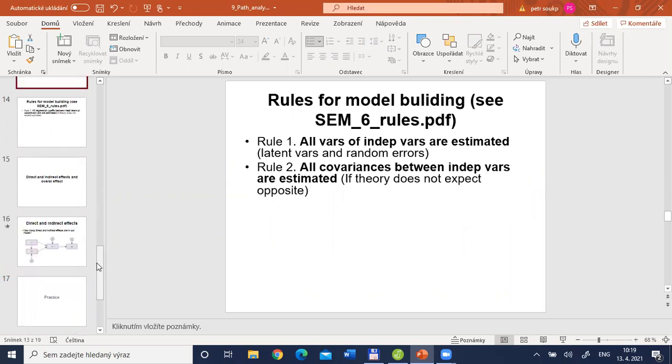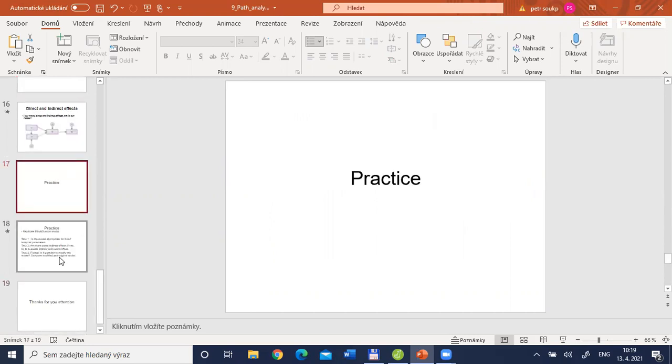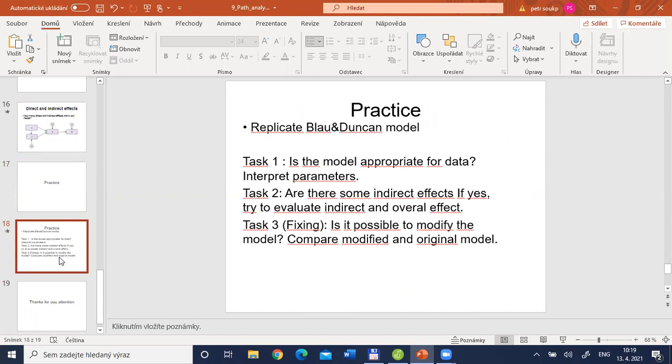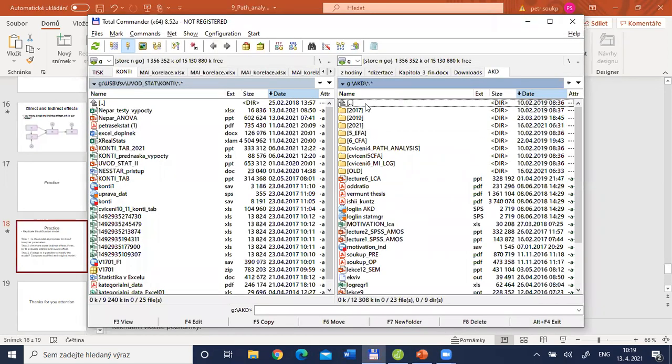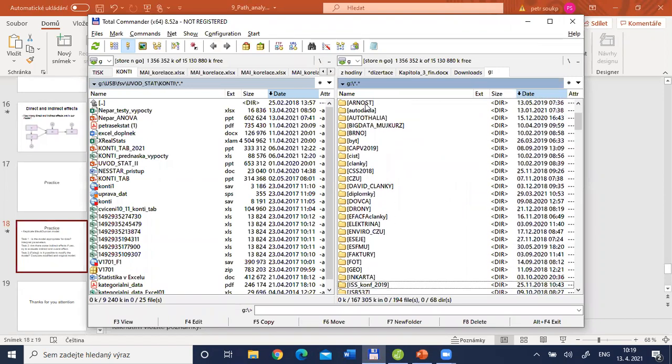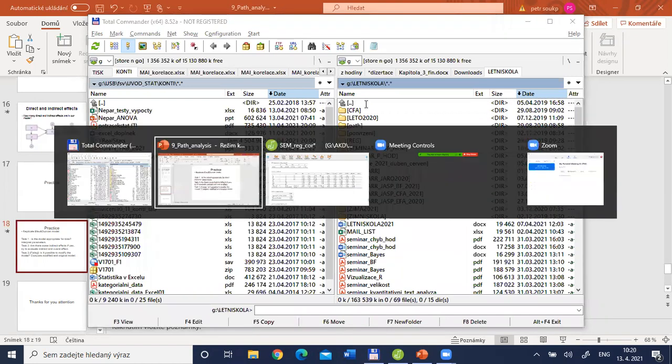And now I would like only to go to the last slide, which is about your own practicing. So once again, I would like to ask you if you can once again go to Blau-Duncan data, and you would take for a minute the model. I will try to find it as a picture for you to have a chance to replicate the classical Blau-Duncan model. So sorry for a minute. I will only stop recording for this